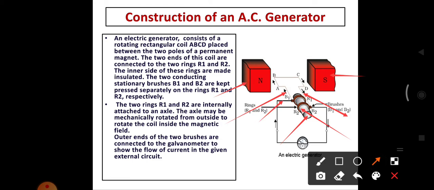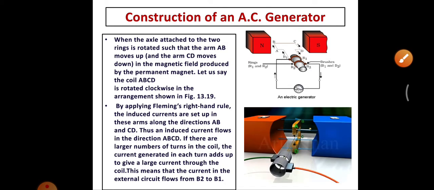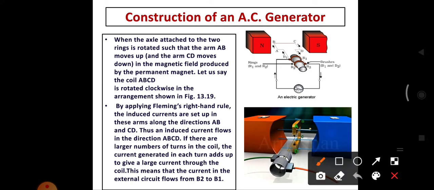The two brushes B1 and B2 are connected to the galvanometer. When the axle attached to the two rings is rotated, that means we are rotating this coil from the outside,